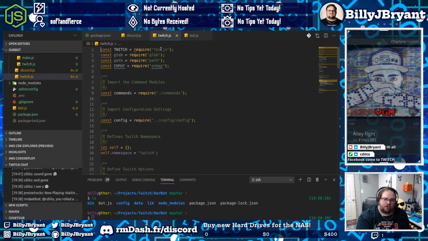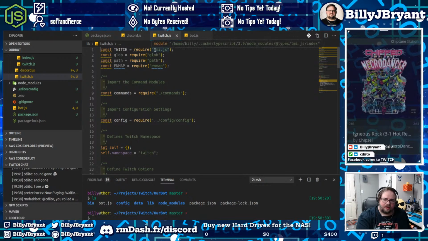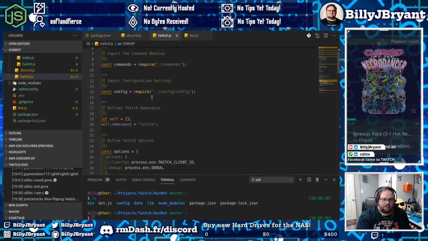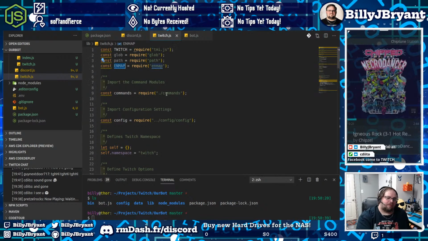For Twitch, we're using tmi.js, which is Twitch's messaging interface, how you communicate with the Twitch chat. And then we've got globpath and nmap. We're not yet using nmap, so we're going to get to that later. And yeah, there's our bot. So what we really want to do, the goal tonight, is to get a clean bot